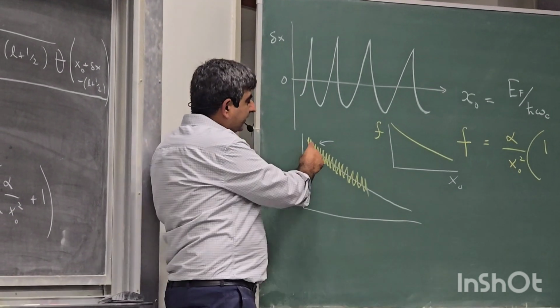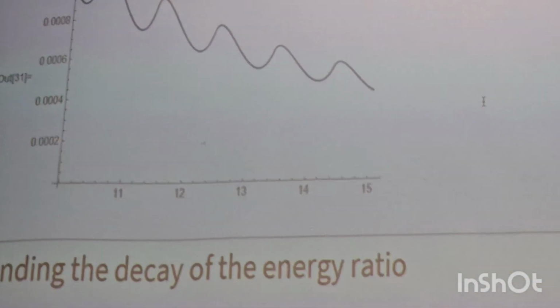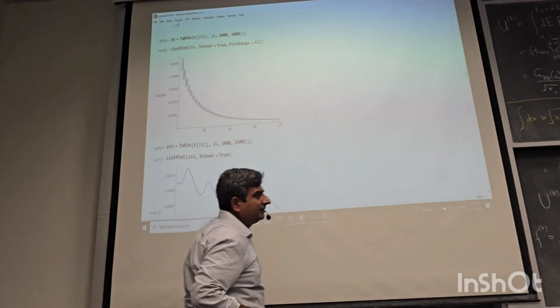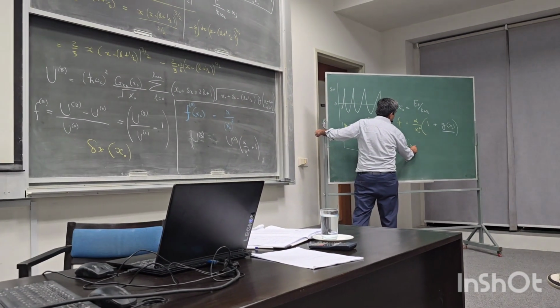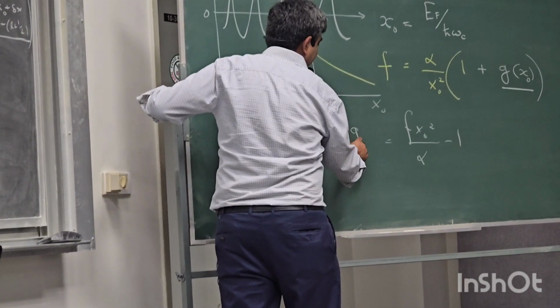The problem is that this g(x naught) does not have an equal amplitude as you go along. If you observe these curves carefully, in the beginning, at small x naught, the oscillations have large amplitude, and towards the end the oscillations have a smaller amplitude. So the amplitude of the oscillations itself is decaying. So if I want to look at the oscillations themselves, what do I do? I change this line a little bit. I have f x naught squared over alpha minus 1. I plot this and I call this my